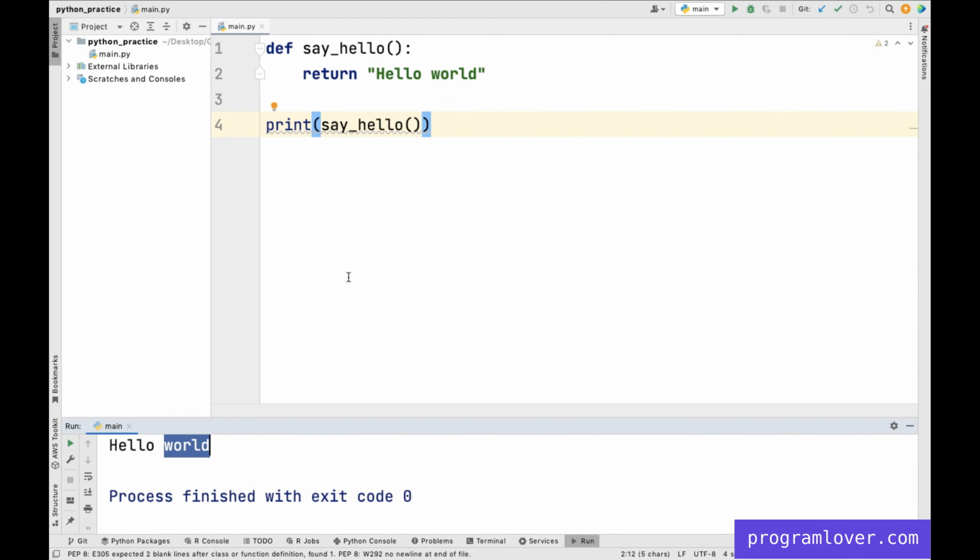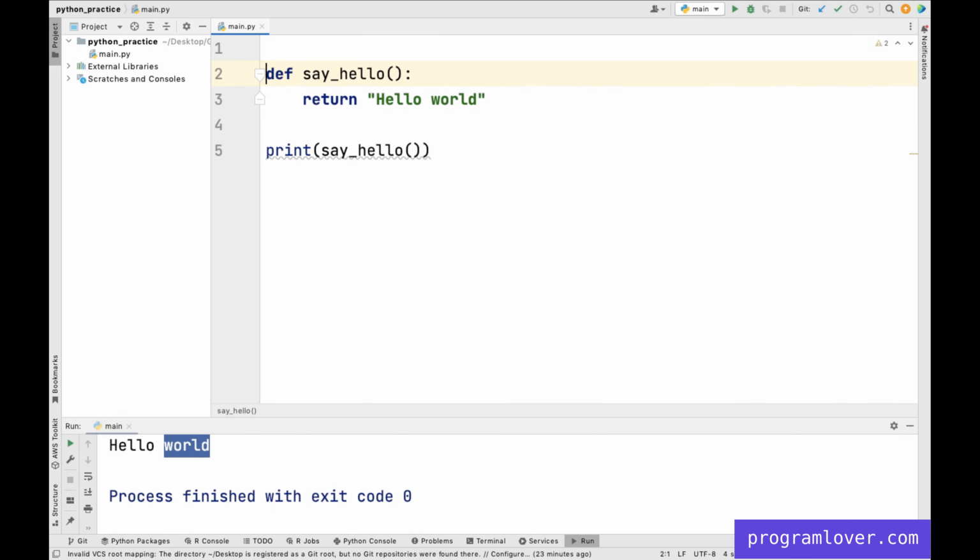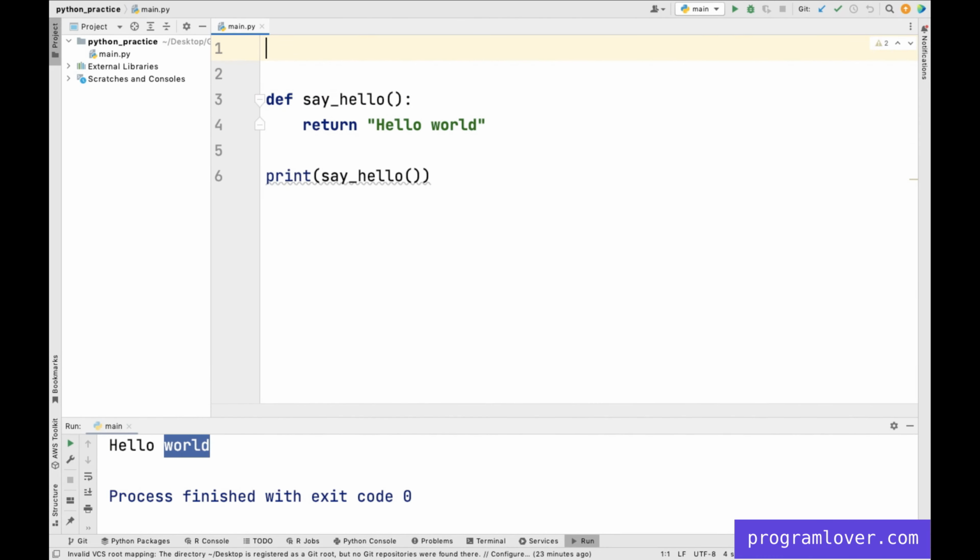Now we want to convert this hello world text into capital letters without changing the say hello function structure. For that, we use the decorator function. Now we create one simple Python function and the function name is text decorator. And this function accepts a function as an input argument.